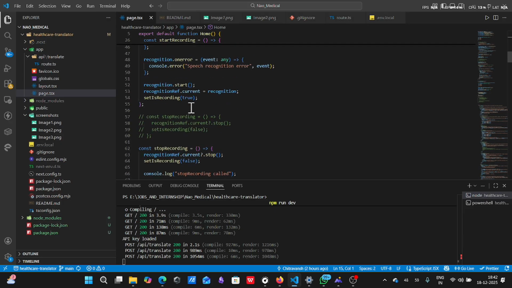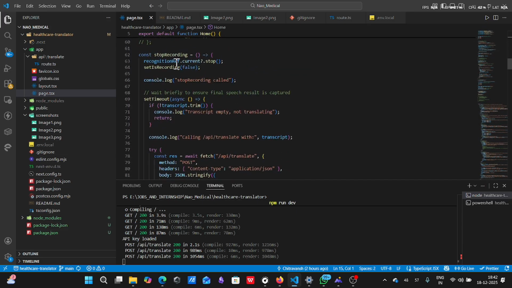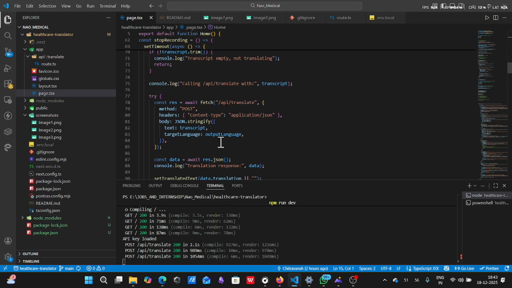So this is the overall thing. And that was the start recording function, and this is the stop recording function. It's basically the most important thing, because whenever you click on the stop recording button on the UI, this function gets called, and it gives the transcript of the text to the backend in the JSON format, and also tells which output language the LLM should use,